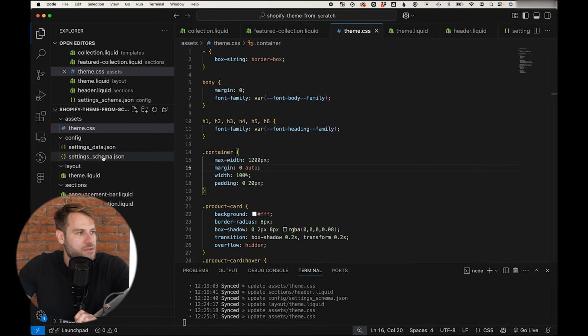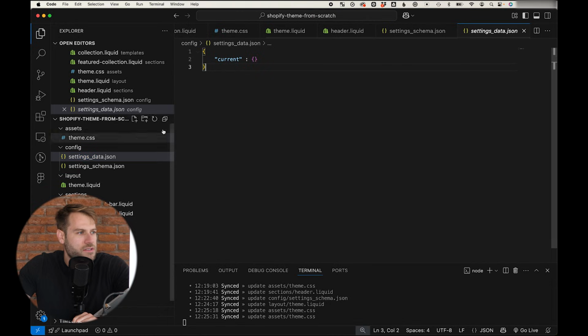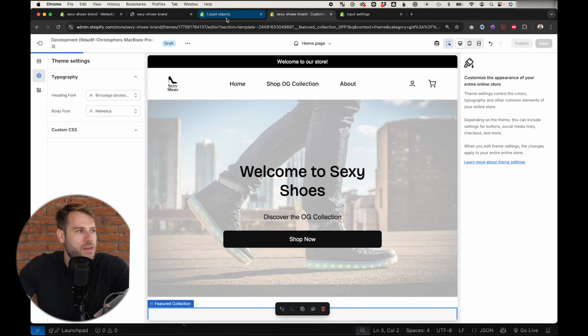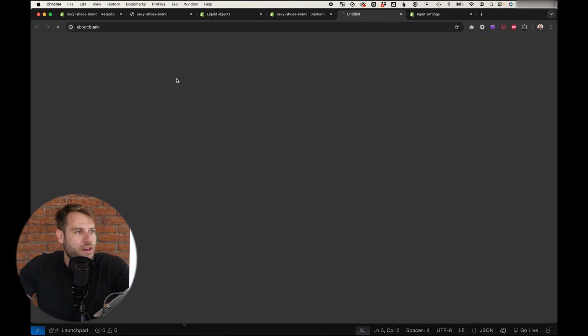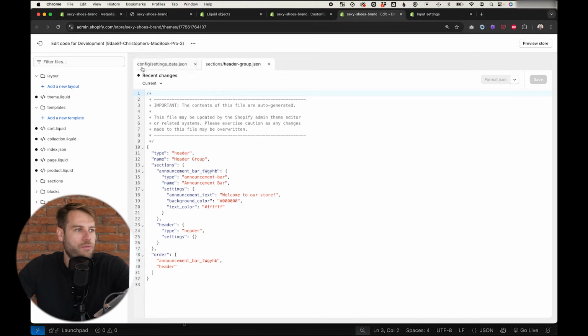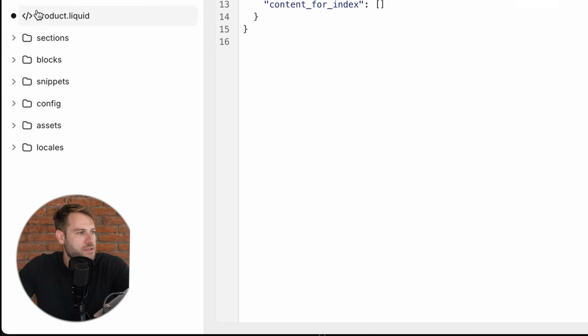All right, so I'm back now after my lunch break. I believe we had just added some settings to the settings_schema.json file. As you can see here, our settings_data.json file is still empty. If you remember what I told you before, we actually need to go into the code editor, this particular one right here, which has the actual code, and bring that in if we want to save that code on future runs of the theme. So where is it? It's going to be in the config file here,